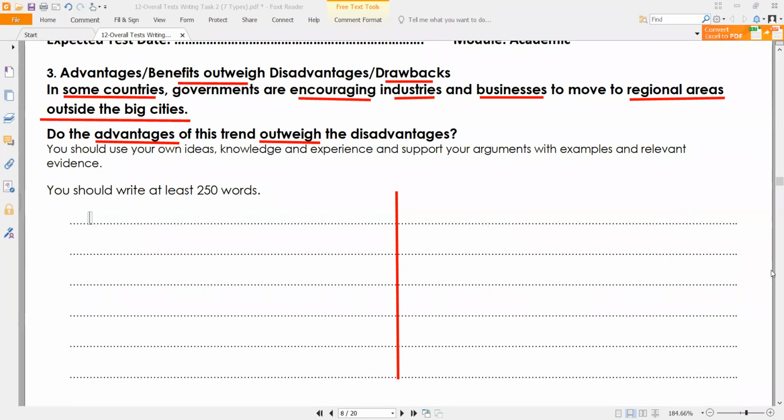Development, exactly, Ahmad. Someone says to increase the opportunity of employment. Yes. Development of rural area, definitely. Traffic issues can be resolved, exactly. Yeah, you guys are coming up with nice ideas. So let's write them down here one by one. So for example, in the advantages, the first one is development of the rural area. So what we'll do is we'll just keep noting things. First one, development.